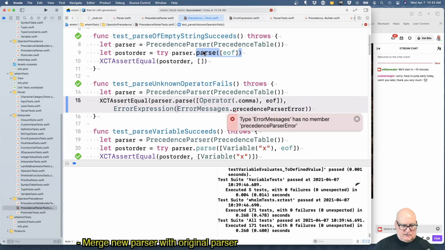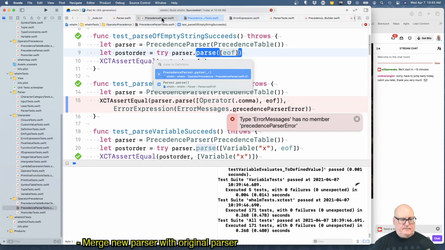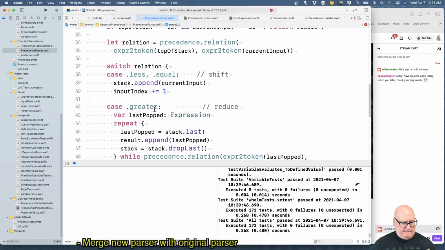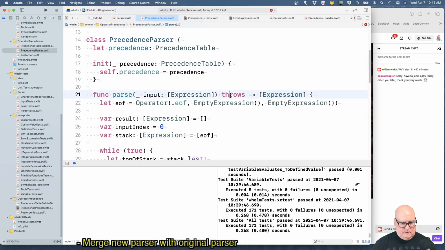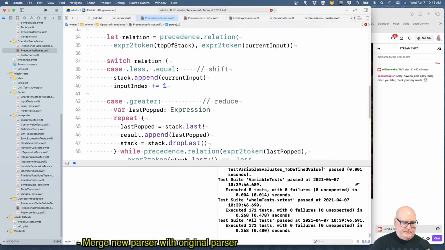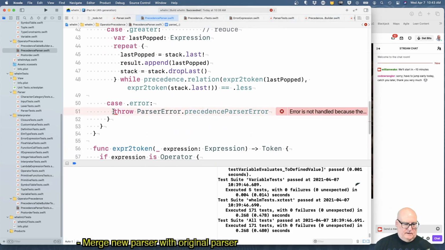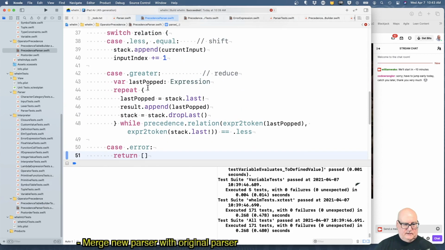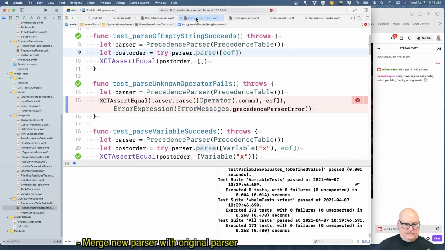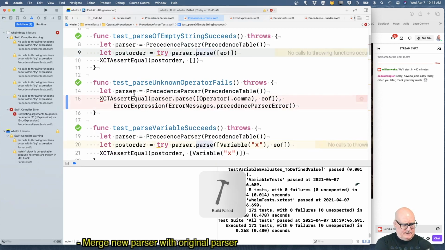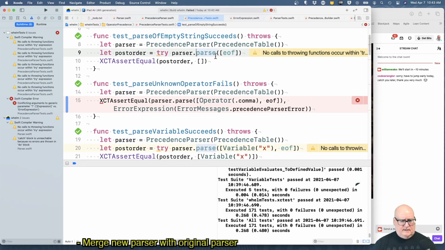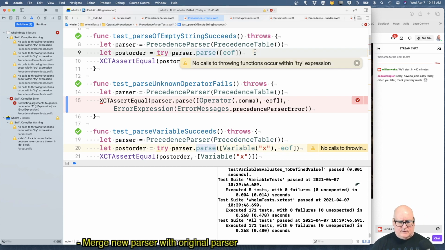Let's take the try off, or the throws off, and we'll just return an empty array for the moment. Okay. I should get complaints about the tries. Completely no calls to function occur.